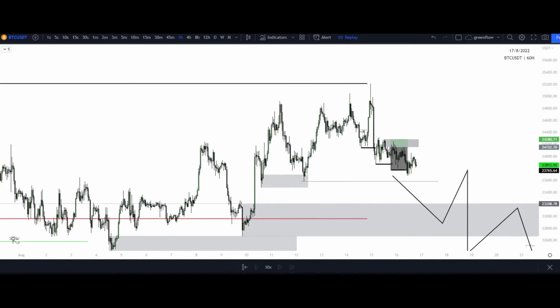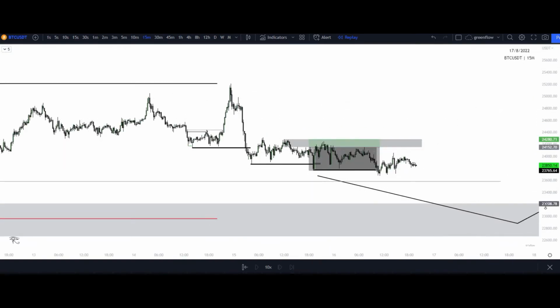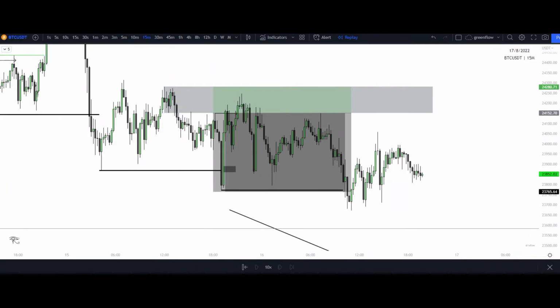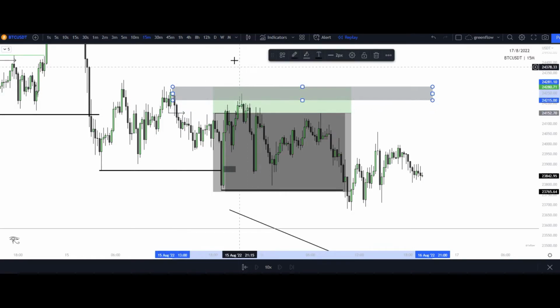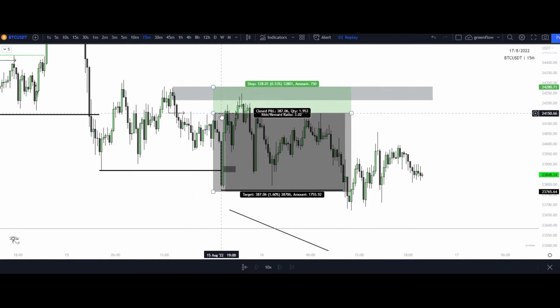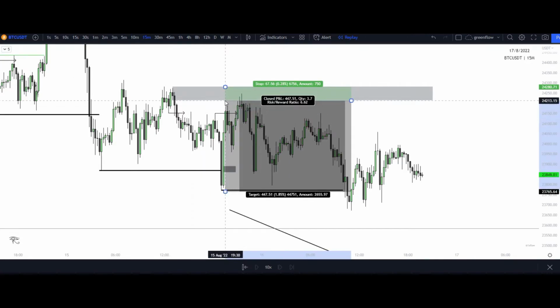So on lower time frames, from the hourly break of structure downside, from that low that was taken out, if we go back into these areas, where's your fair value gap after that candle, the candle before the candle that broke structure to the downside? On the 15-minute, it is present right here. Where's your candle before that candle? Right here. Is there an imbalance? Right here. Yes, all the rules are there. What is wrong with this trade? Nothing. Nothing is wrong with this trade.